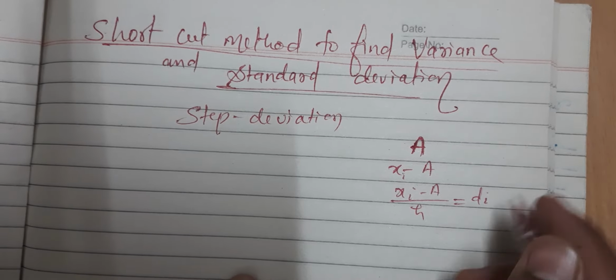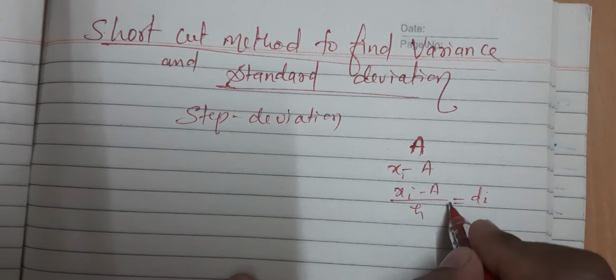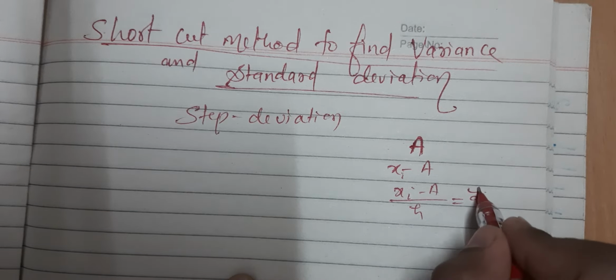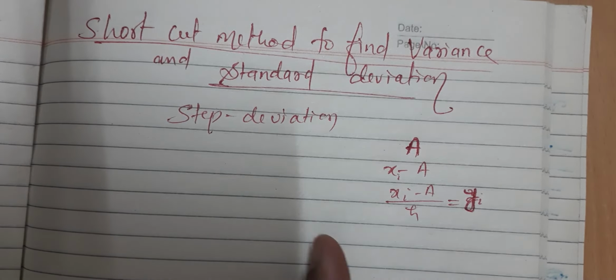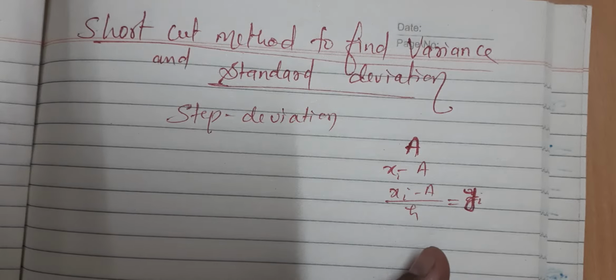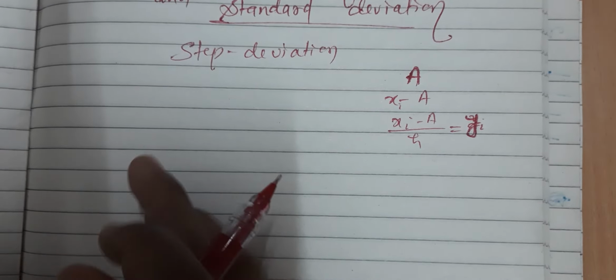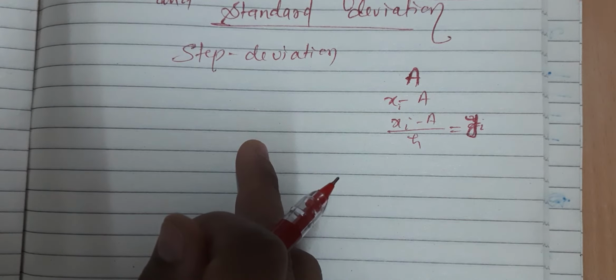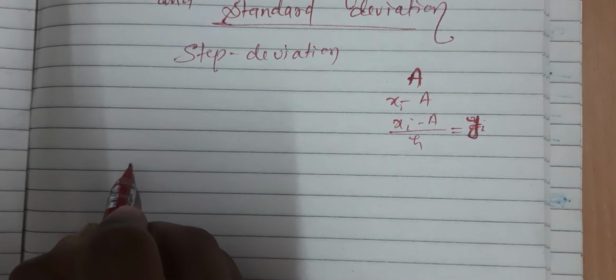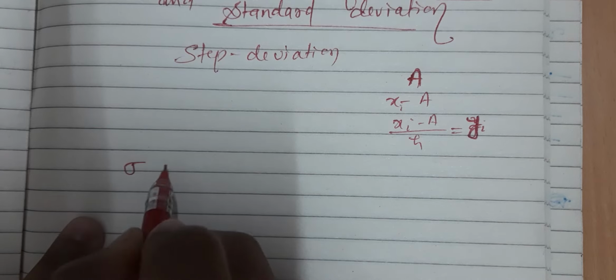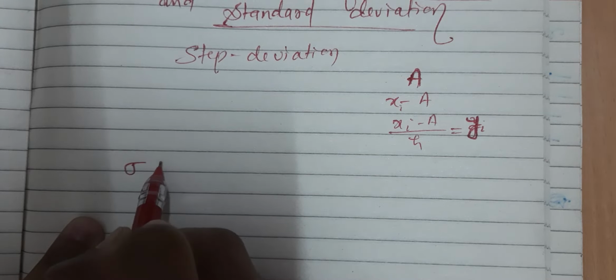So here we are going to use the same method. The only difference is, instead of di we will write yi in the formula. So I'll explain this method by taking an example. So first we will write the formula. This formula is same as the previous formula. There is only one difference. We need to make two changes only. Now see what are the changes.